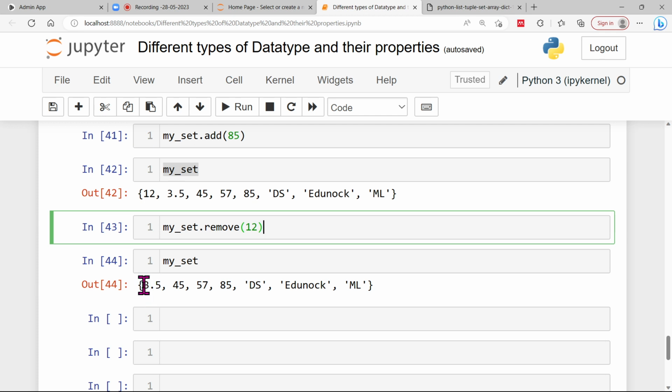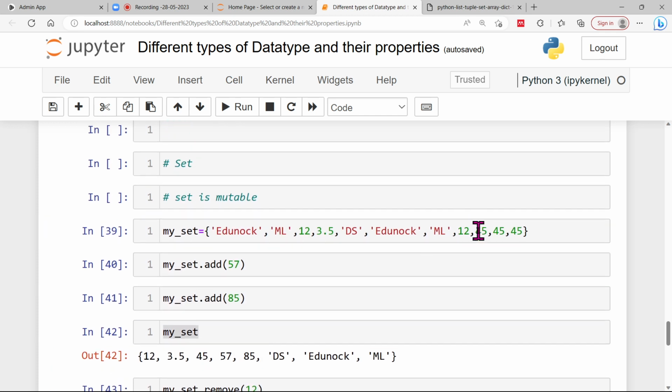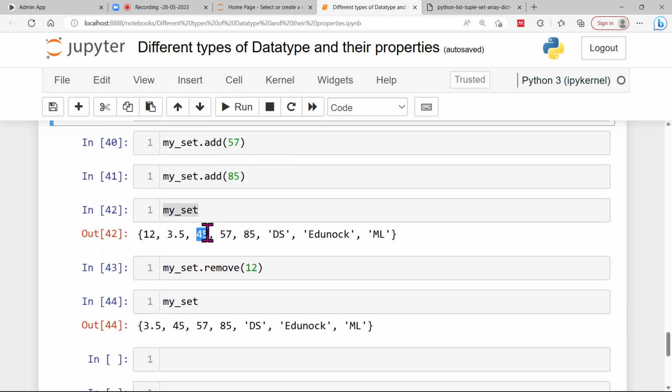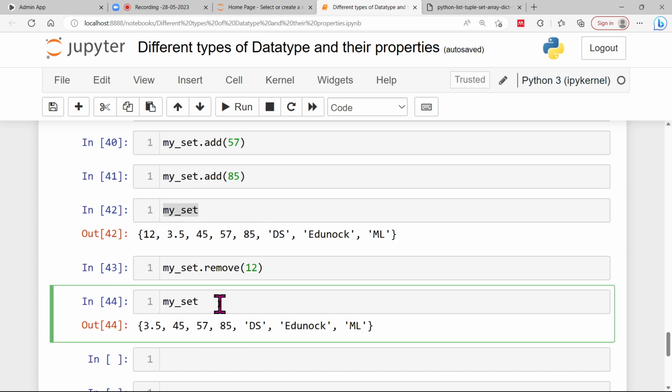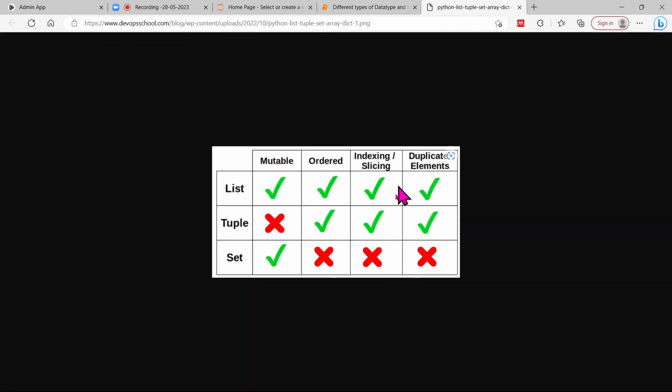So this 3.5 is the unique element 45, 47. Can you see, 45 is written over here three times but displaying only one time, a unique element in my set, right? I have given the example of your Aadhaar number, your PAN card. Everything is stored in a set, neither in the list nor in the tuple, right? Can you see? Both are supporting duplicate elements, but this set is supporting only unique elements